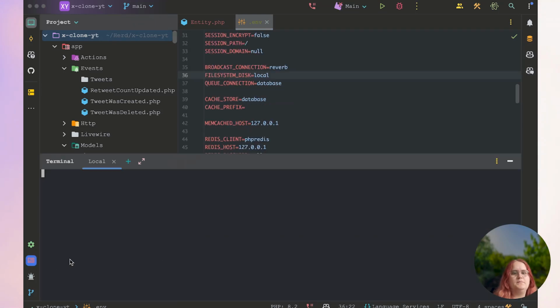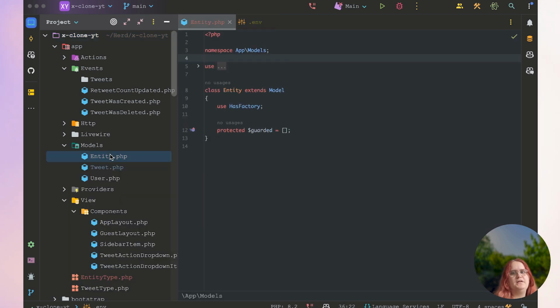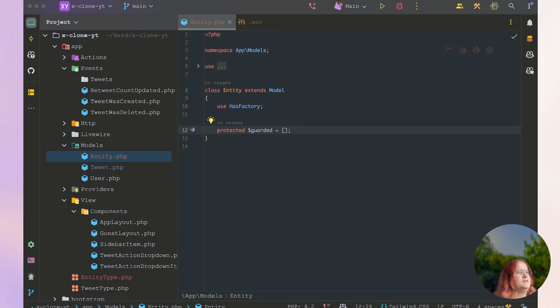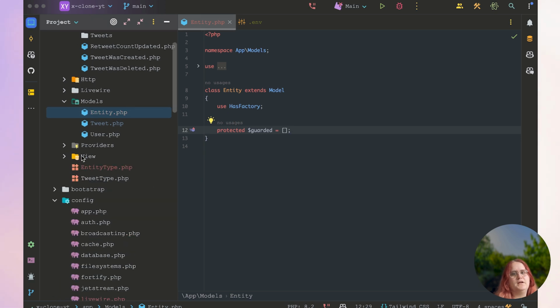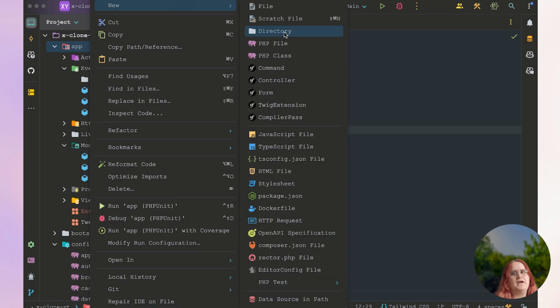Alright, let's go ahead and make sure first and foremost we're running npm run dev. And then inside our entity model in here, we want to essentially, upon creation, replace this with hashtags so we can extract that. So first and foremost, I'm going to create a folder inside apps called